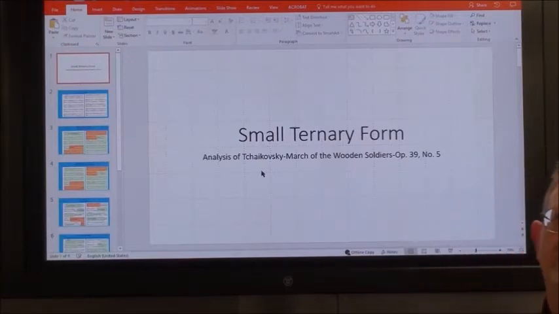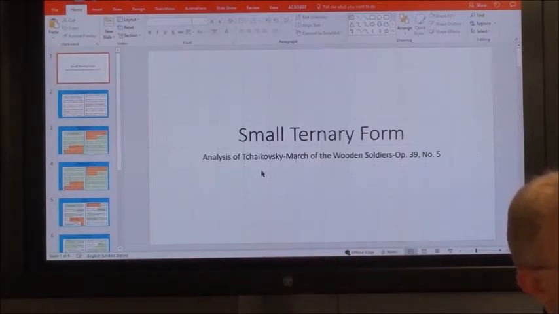Then you say to yourself, okay, how does this relate to that? Is it different? Is it the same? Is it repetition? Is it restatement? Then you say, what key is this part in? You have to figure out what key the part is in. Now, if it's a big piece, that part may be in a key, but it may move through other keys, right? But the question at that point is, what key is this part in? What's the most important key? Does this make sense to you?